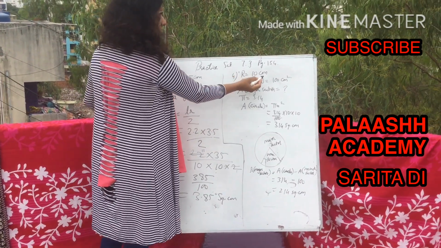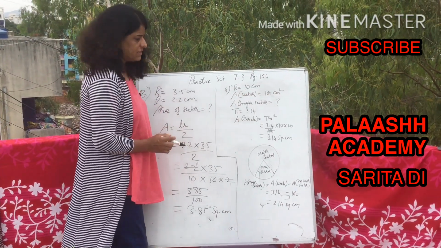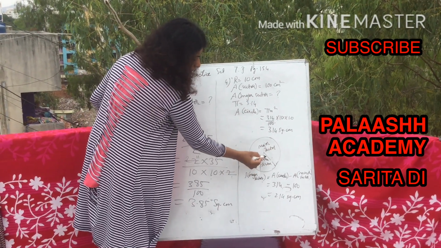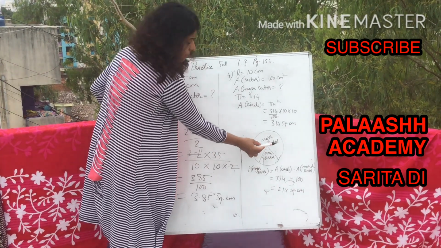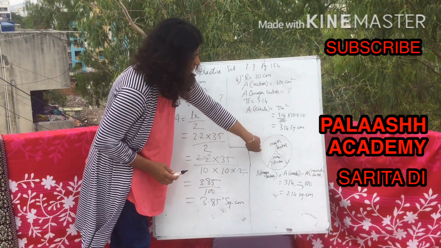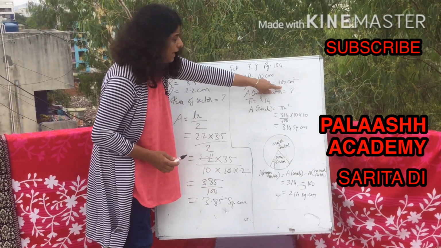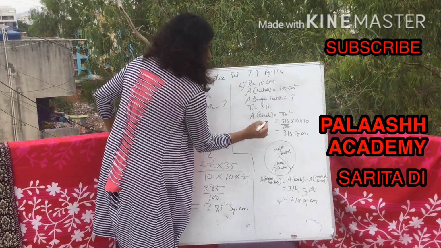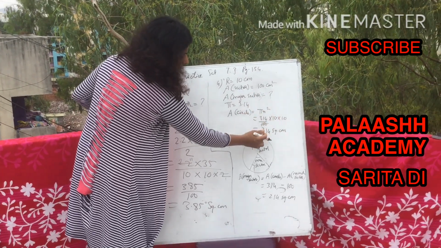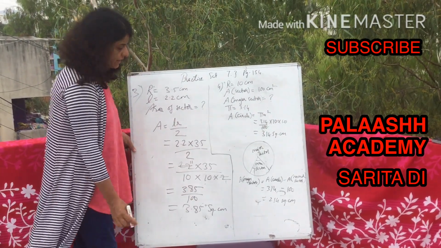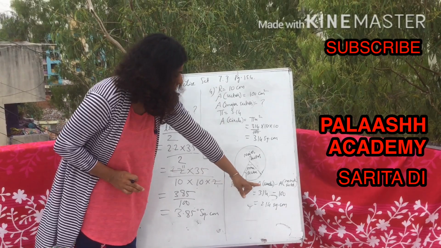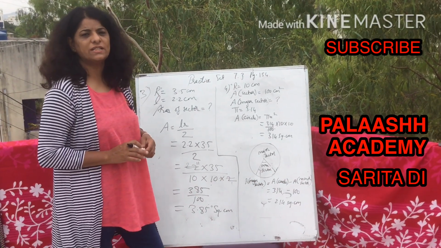Fourth question. Radius is 10 centimeter. Area of sector is given to you 100 centimeter square. Area of major sector you are supposed to find. Means this is a circle. You have got the area of minor sector with you. You are supposed to calculate major sector. In this case, what will you have to do? You have to find out the area of circle so that we can deduct this area of sector from that and we can get area of major sector here. Right? So here you can directly put pi r square. Radius is there 10, 10. So 100 gets cancelled. 314 square centimeter it comes. Area of major sector is equal to area of circle minus area of minor sector. So 314 minus 100 gives you 214 square centimeter.